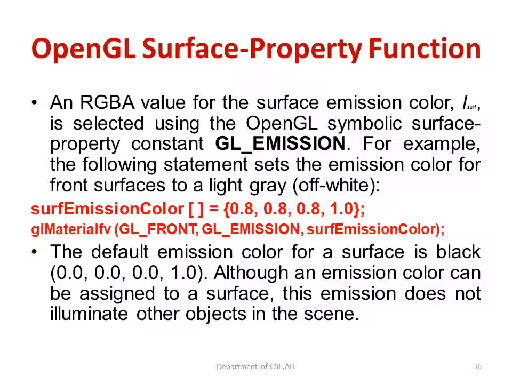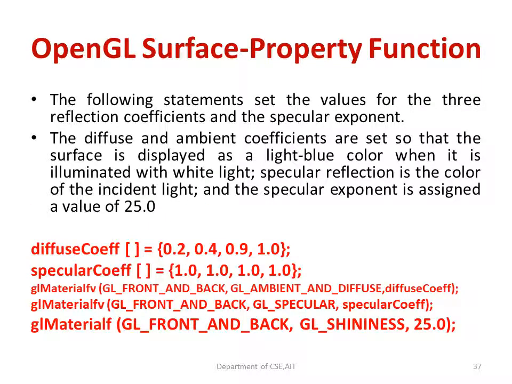So for a material, we are going to give a light gray color for the front surface. The front surfaces will have the light gray color when you make use of this glMaterialfv. Here is an example of a material which is combining different surfaces, or combining front and back surfaces and giving different ambient and diffuse effects. Here we are setting a light blue color and it is illuminated with a white light, and the specular reflection will have the value 25.0,